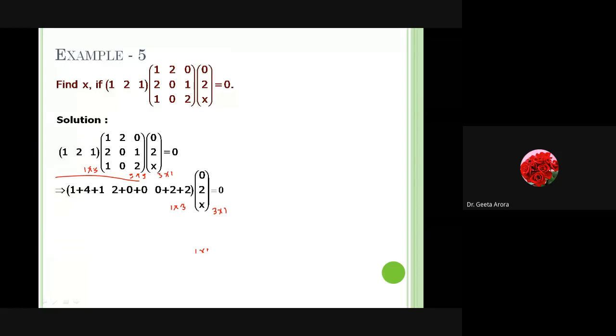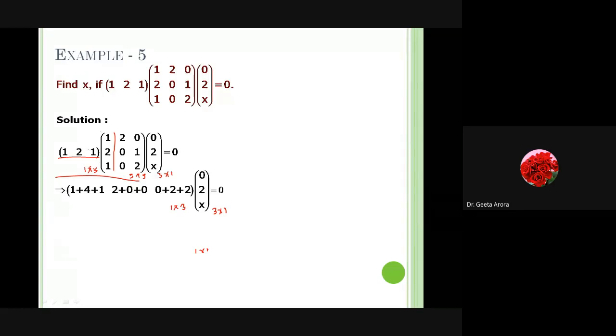If we do it numerically now, what does it give me? Let's start multiplying 1 into, again as we have done, row elements multiplied by the column elements, correct? Now here 1 to 1 with 1 to 1 means 1 into 1 plus 2 into 2 plus 1 into 1. Each element of the row is multiplied with each element of the column, first column, similarly with second and third. And finally we are finding their sum and writing it down in the form of a column, correct?